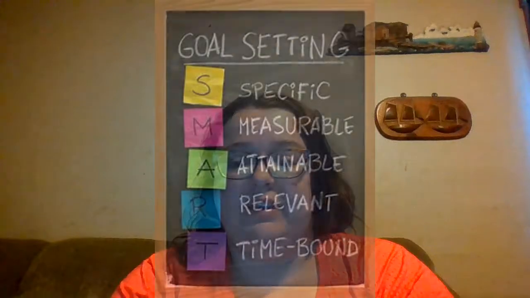SMART goal setting is a proper technique for validating your goals. This is important because it helps you save time and energy by making the process of goal setting more efficient and productive. It helps you actually avoid spinning your wheels round and round. So what is a SMART goal? There are several ways you can define the acronym SMART.